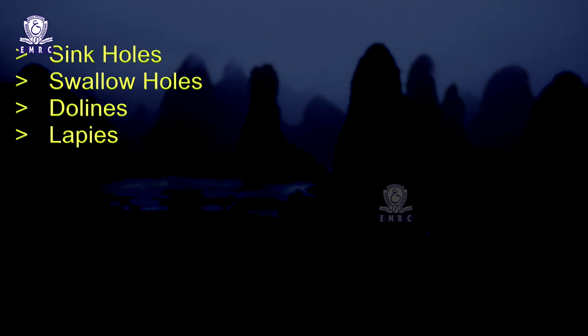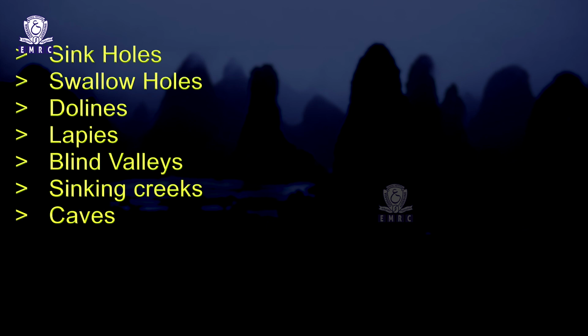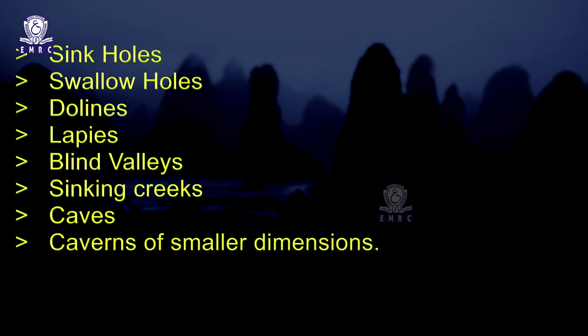The characteristic geomorphic features of this stage are sinkholes, swallow holes, dolines, lapies and blind valleys, and also sinking caves, caverns of smaller dimension. Thus, the youthful stage is characterized by slow sinking of surface drainage and progressive development of